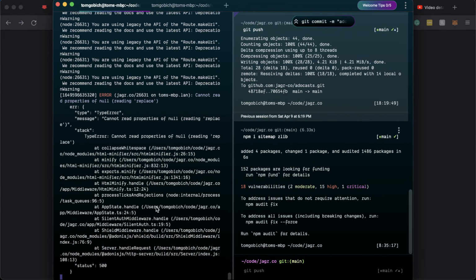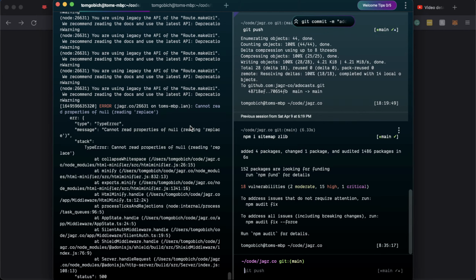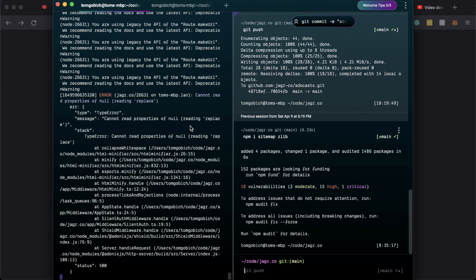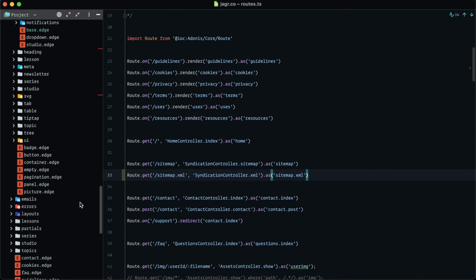So let's see. Cannot read properties of null, reading replace. I don't think I called replace anywhere in there, did I? So that must mean that we have an empty string, or not an empty string, but something that should be a string that's not a string. Oh. Gotcha. Let me go into